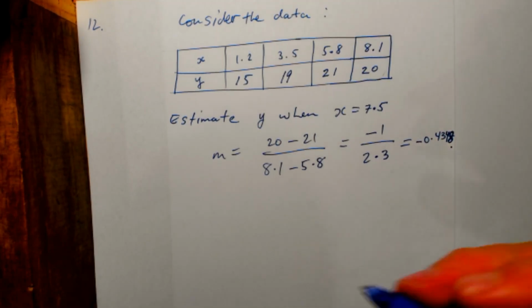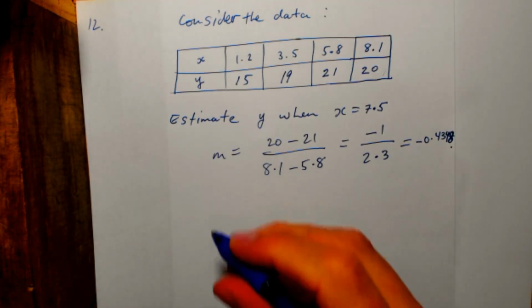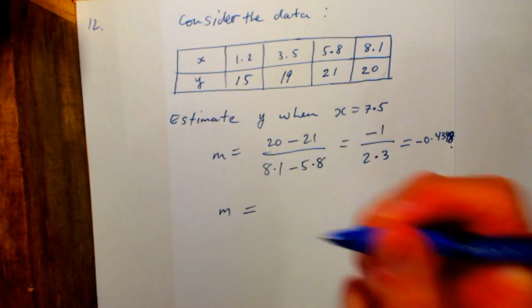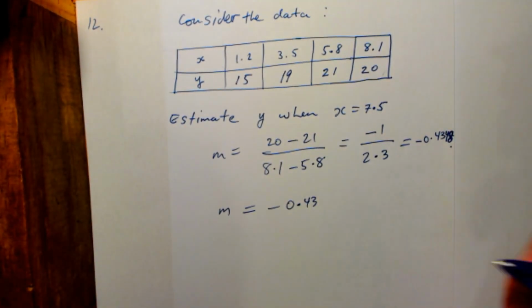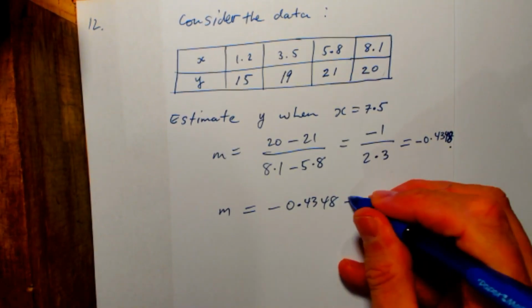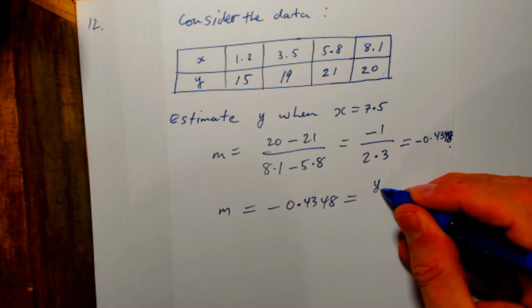Okay, now with that, what we do is we're seeking the y that goes with x equals 7.5. So I can use this same slope, 0.4348, and say that I seek y3,